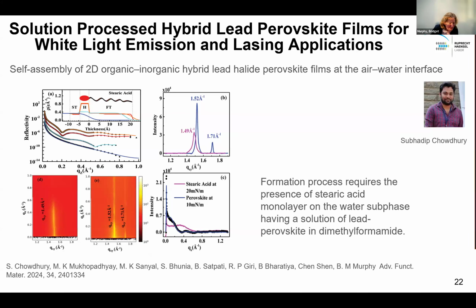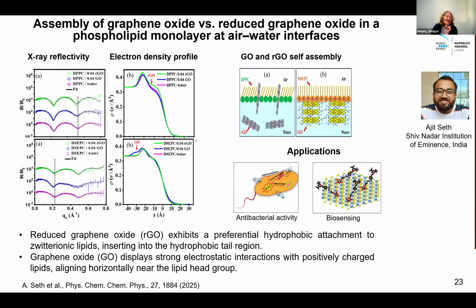And here you can really see that to form these lead perovskites at the liquid interface, it's very important to have steric acid. Otherwise, without the steric acid, we don't see a layer forming. And with the presence of steric acid, we can really see beautiful, not just reflectivity, but also grazing incidence diffraction. And similar, but not the same,